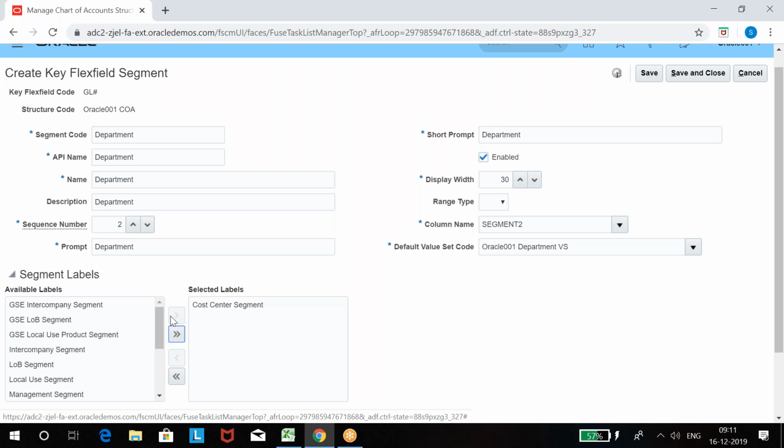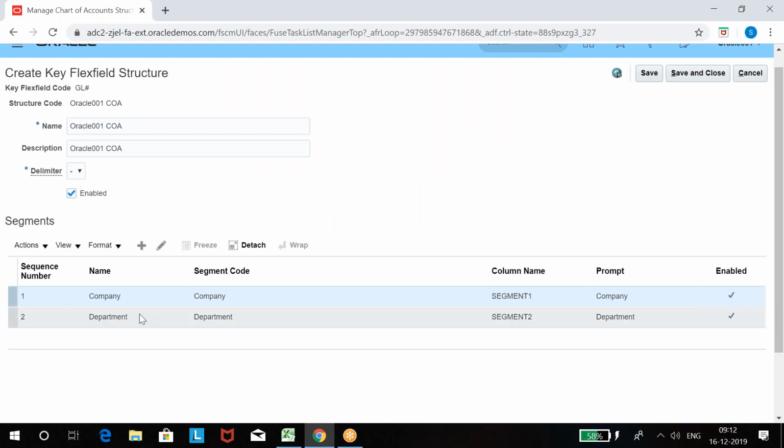The purpose of this segment, I want it as cost center, where I track all my expense and revenue information. So department involvement must be there when you incur some expense or generate some revenue. Clear? Save and close. But it is optional, not required to make department a cost center. Only two are mandatory, that is balancing and accounts. If you don't want to make department a cost center, leave it. Not required.